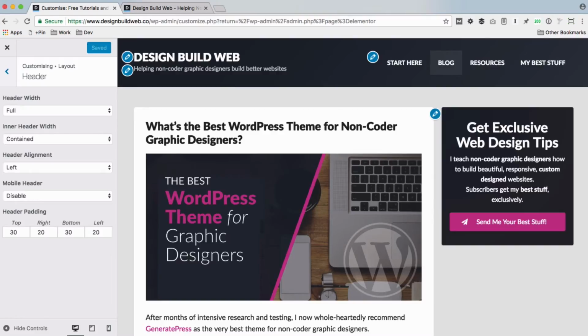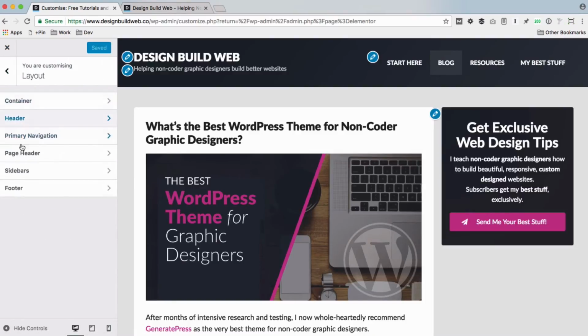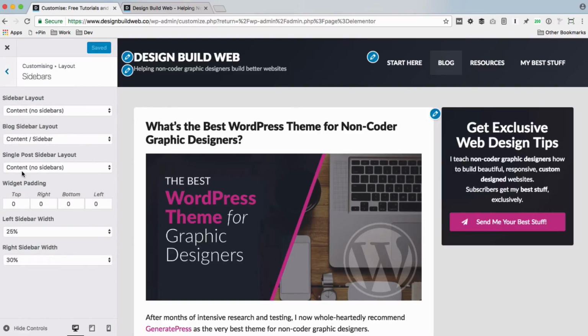Now, most of these settings on this page just depend on your own design, but the header padding at the bottom, left and right padding, 20 pixels. I'm sure I don't have to explain why now. Hit back, pop into sidebars. Personally, I don't bother adding padding to the inside of sidebar widgets. If your design needs it, you might have widgets with a nice grey background colour on them, or a background colour of some kind, and you would need to add a bit of padding to give the text a bit of room to breathe. Then, by all means, set some padding, but it doesn't matter for our purposes here, I just wanted to show you. Hit back again,